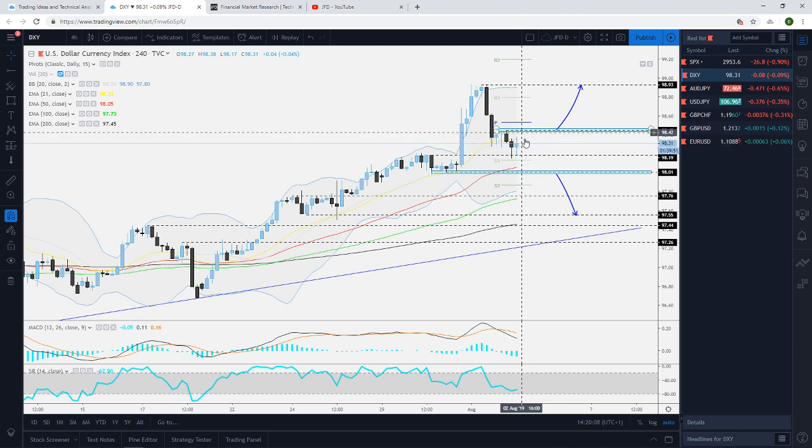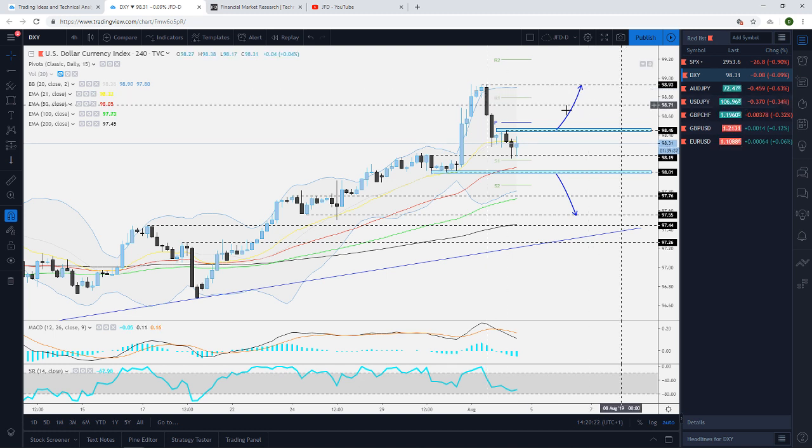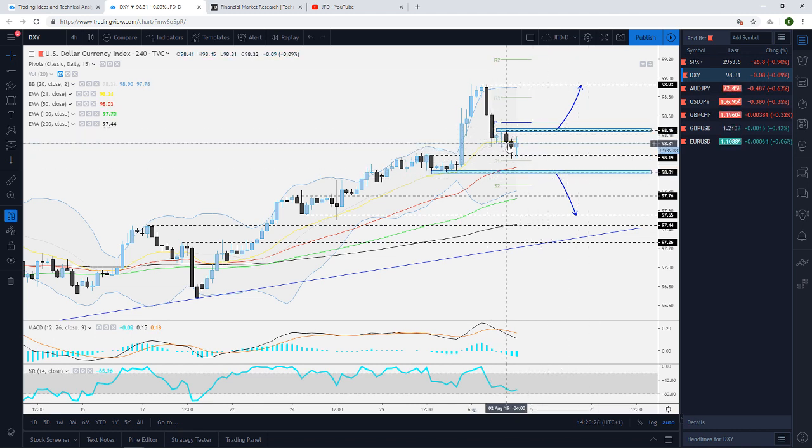to be honest, for us, to consider the upside, ideally we'd like to see a push back above the 98.45 level before aiming for maybe this recent high here, or in other words, the highest point of this week near the 98.93. But probably this is something for next week, and in a way this could remain at current levels. But as you can see by the highlighted areas here, these are the levels that we're keeping a close eye